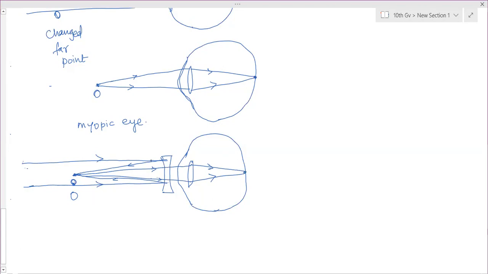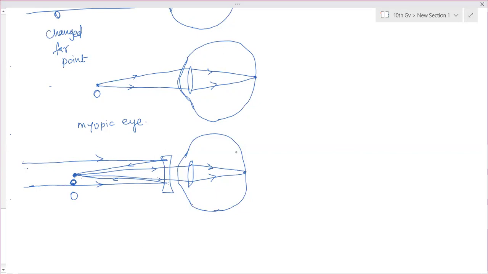So here I have drawn one ray, the rays from infinity reaching the concave lens, and then the image. These are refracted rays which are actually moving forward. We have to produce them backwards to form the image. So we have formed the image. The image is formed at this changed far point. Now this image will become the object for the lens. So from this point, the rays are falling on the eye lens and the rays are converging on the retina, and the retina is able to see that object. Is that clear?